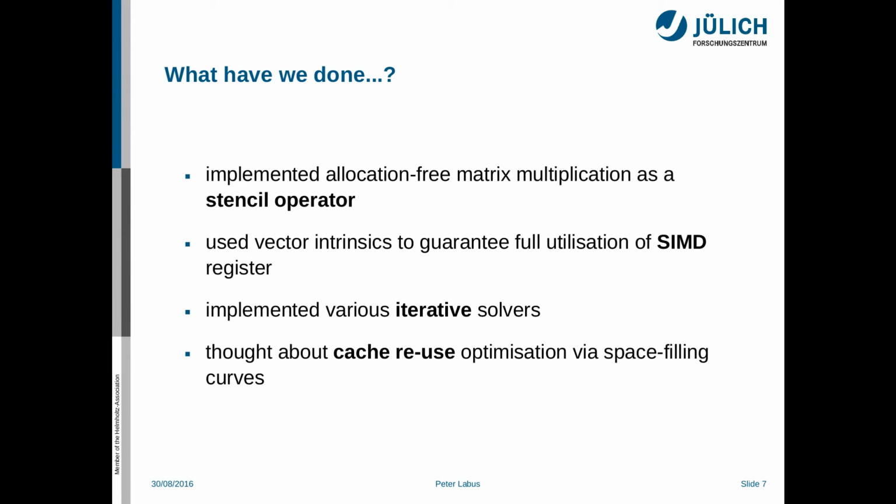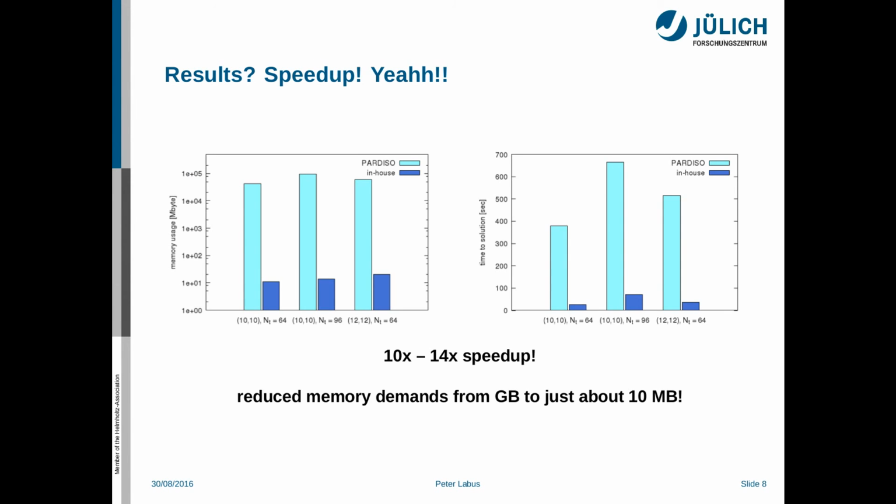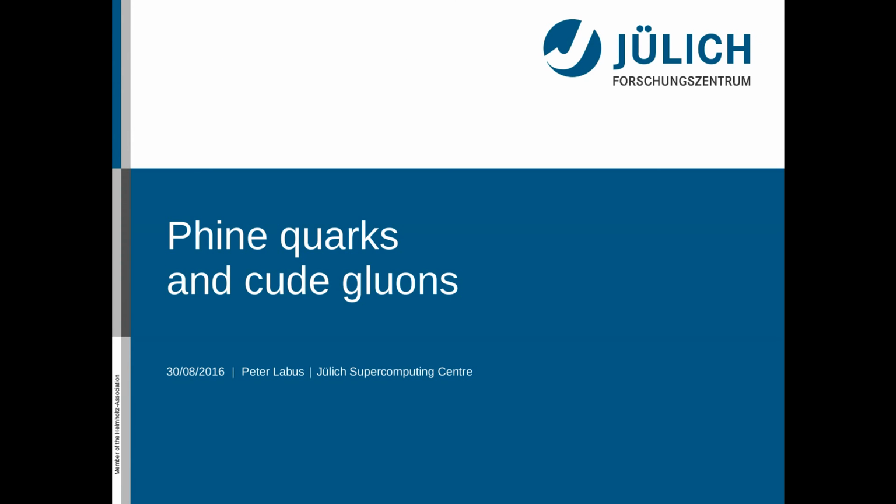We also implemented various iterative solvers, for instance a conjugate gradient and the biconjugate gradient solver, and we thought about cache reuse optimization by so-called space-filling curves. What are the results? We obtained a speedup of the original code by a factor of 10 to 14, depending on the problem size,